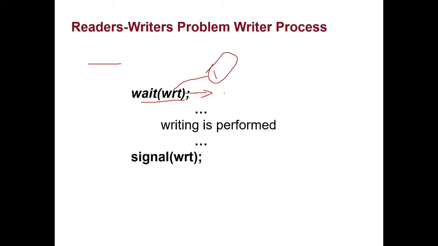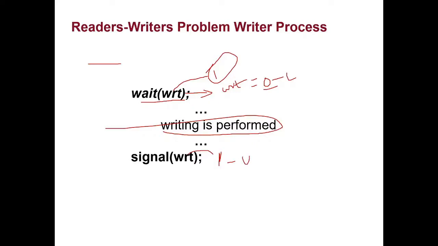it executes the wait operation, the variable write will be decremented by 1 and it becomes 0. So before entering into the critical section, the writer decrements it to 0, enters the critical section and writes inside the document. And when the writer finishes, it increments the write variable to 1, that is unlock. So 0 means lock and 1 means unlock.